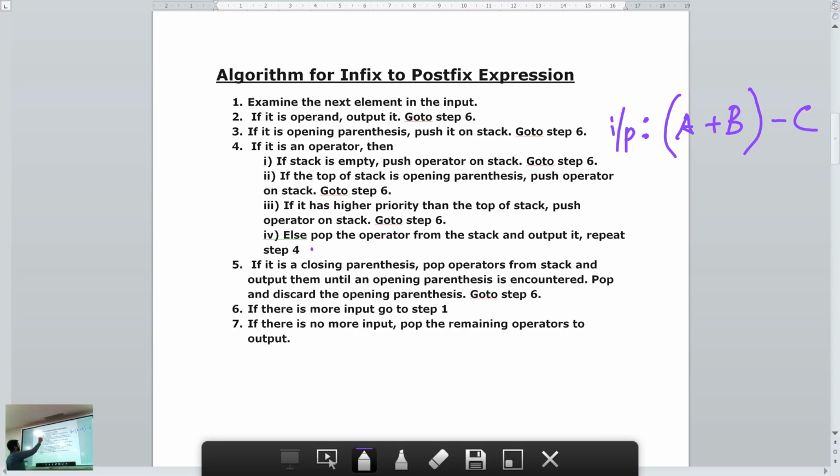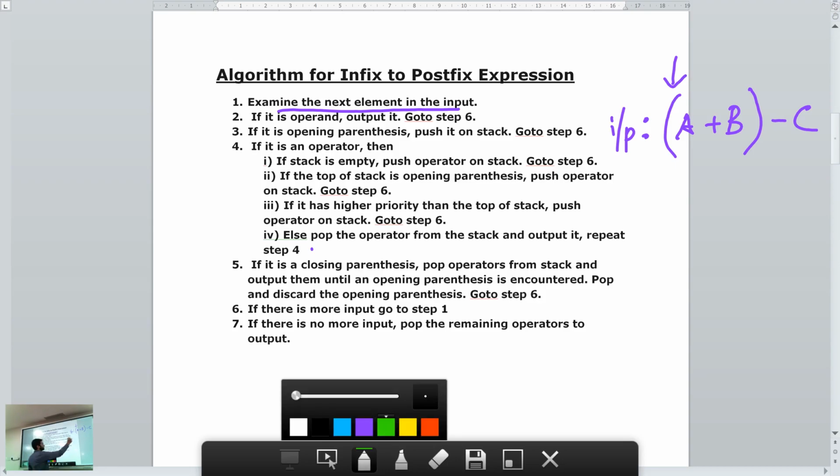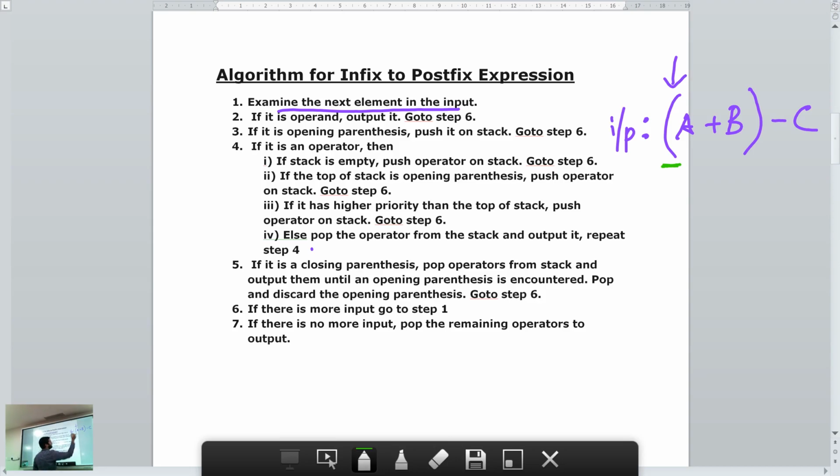So you start with step 1. You scan the leftmost input. So you scan the opening parenthesis.